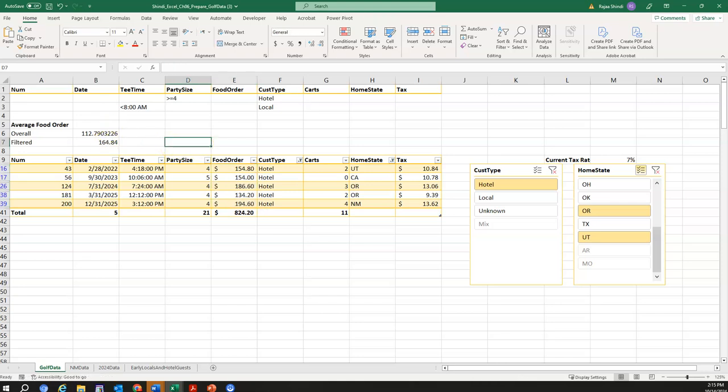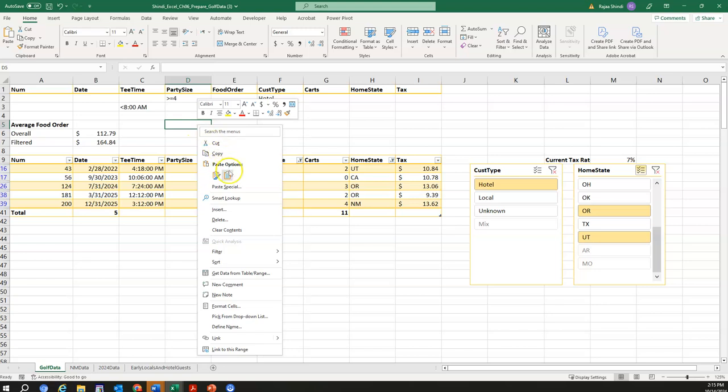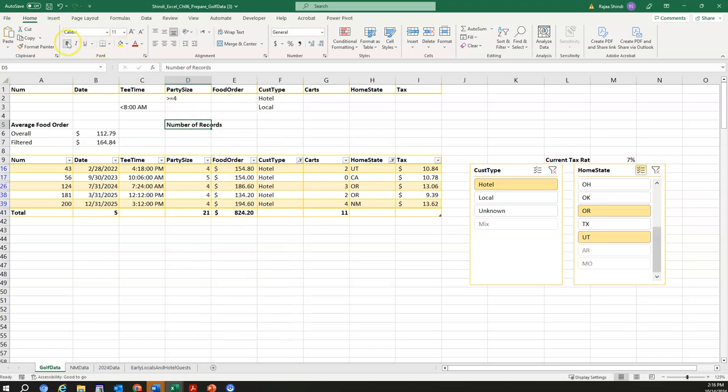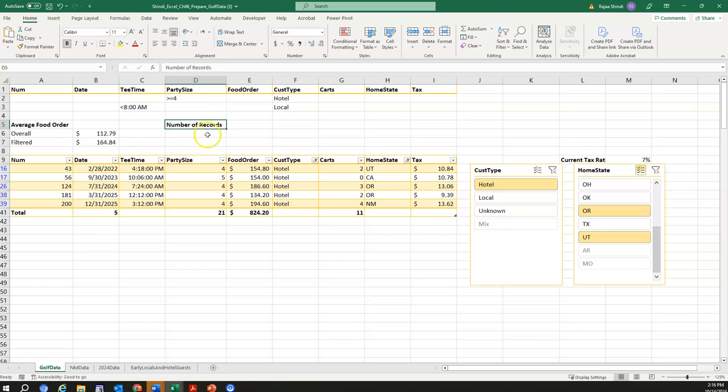So that's the first part of the summary table. Make sure both use an accounting format. And now we're going to generate a summary for the number of records in D5. Number of records, and I just copied, pasted, and bolded, but you can type it too. Number of records, and same thing, overall,